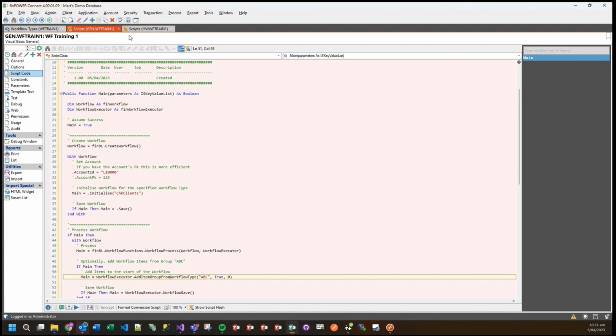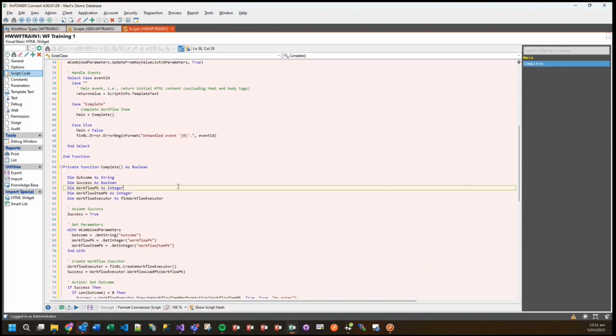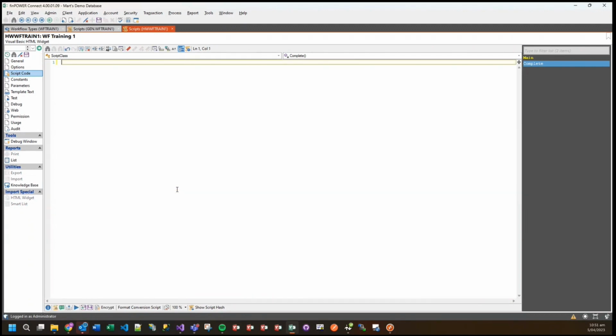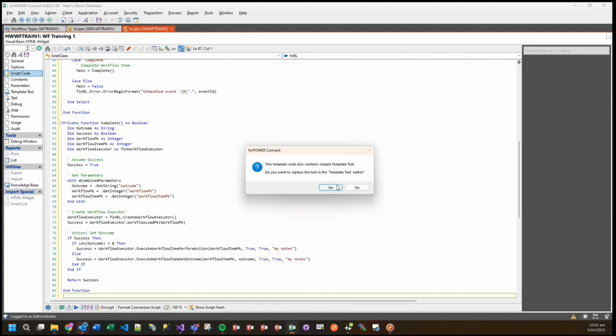Last thing we'll take a look at is our HTML widget scripts. If we were to edit the HTML widget script and paste in the template code, every time we create a new widget and paste in our template code, we're given the option as to whether we want it to be a standard general widget or whether we want it to apply to a workflow. So if you are coding a new widget that's going to be called via a workflow, you should always select the option here. What this will do is